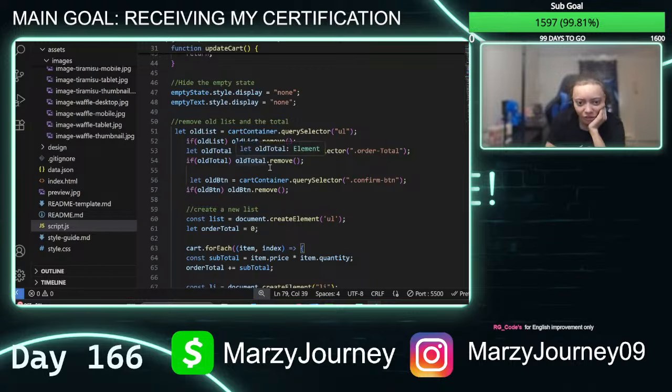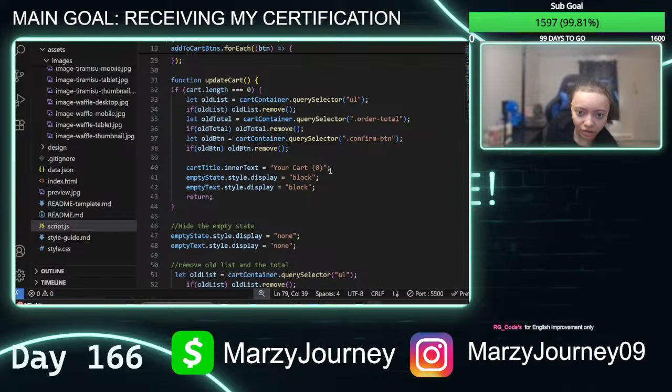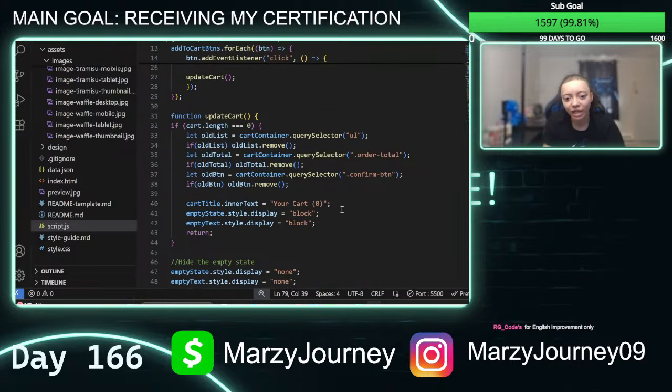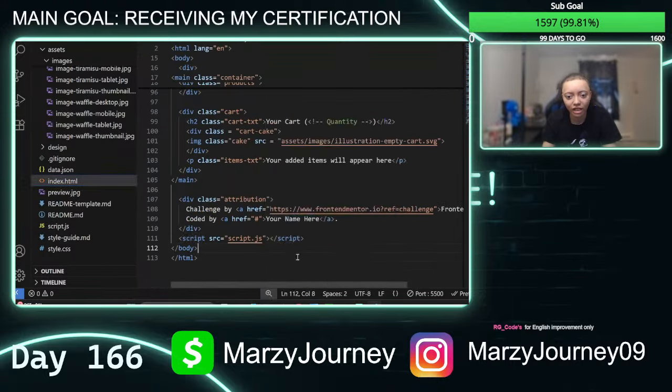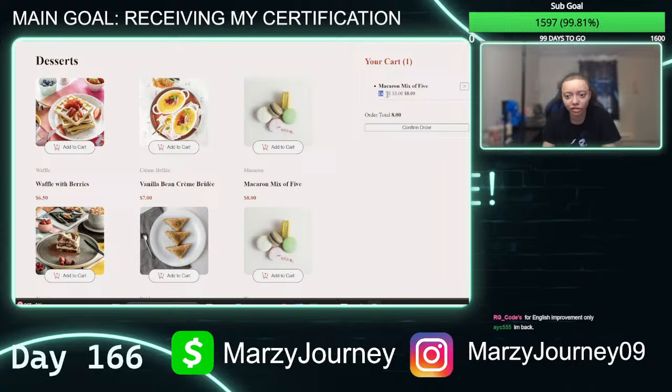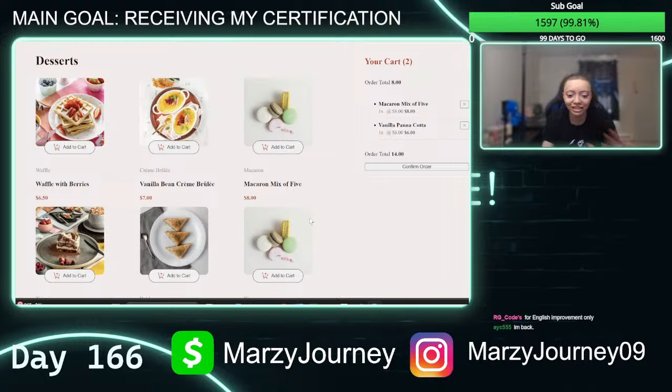But I don't understand why the old total and the old list, well, the old list is disappearing too. I believe it's the total that's not disappearing. Yeah, I don't know if I'll be able to finish that today, but at least we got it to a good place. We got it to a pretty good place. And also, you see this, this looks perfect compared to the image. If we just cheat it for one second and we click something else, let's click this, and then that's it. We don't let the order total pop up again.